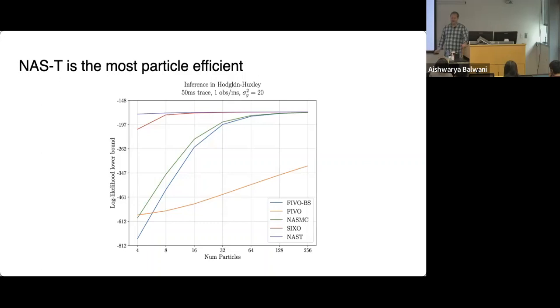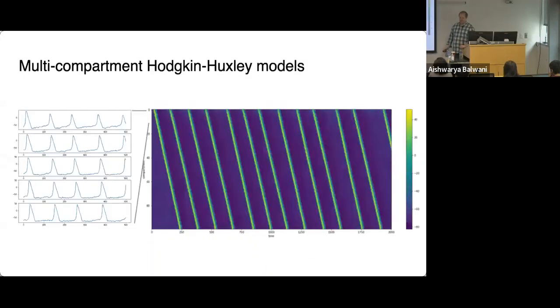So these SMC-based approaches, I think, are strictly better than the VI approaches with a recurrent neural network encoder. I'm not going to get to that today, but that's my take on this. And yeah, where are we going next? Well, we're simulating multi-compartment models, and we're trying to do exactly this type of thing in much more complex settings. Hodgkin-Huxley, one compartment, has only 4 state variables, but these methods work on much higher dimensional state spaces. And those are also the places where having good particle proposals really makes a big difference.